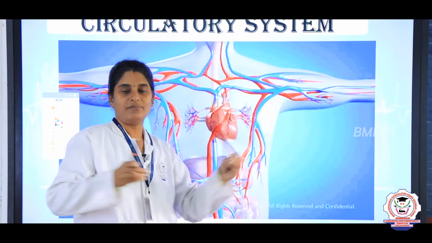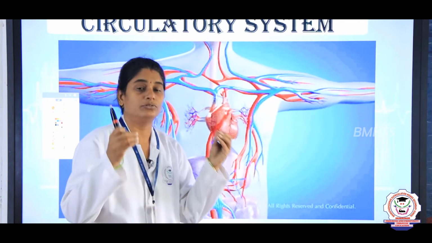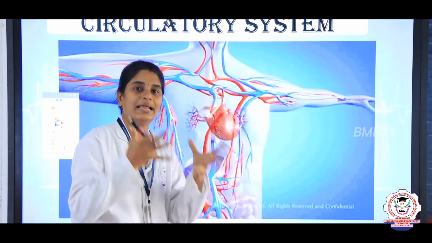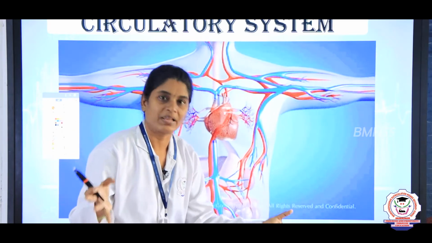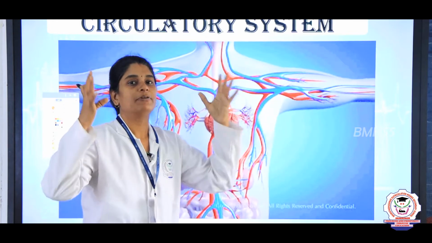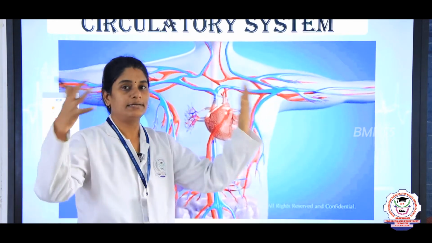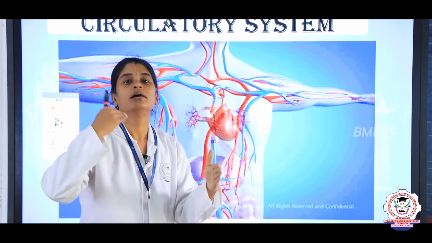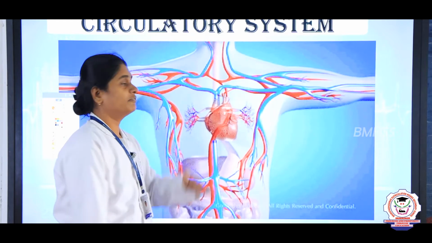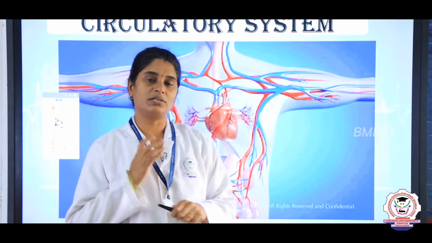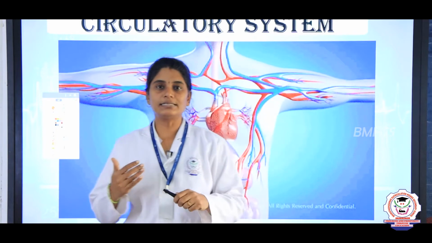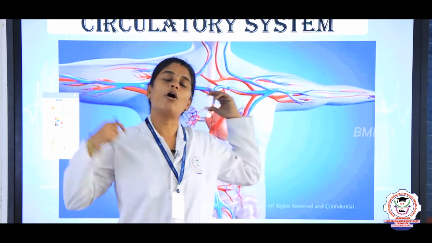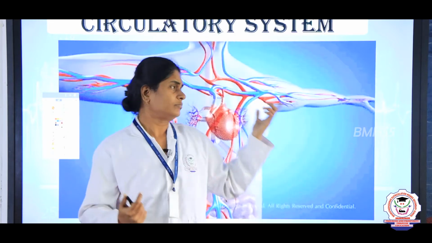We can see many blood vessels connected to the heart, and through the blood vessels the heart pumps out the blood to all the parts of the body. This blood from all the parts of the body is again collected into your heart, thereby to be oxygenated in your lungs, right. So this is the function of the circulatory system. So what is the function of the circulatory system? The circulatory system helps in transporting food and oxygen to all the parts of our body, and also